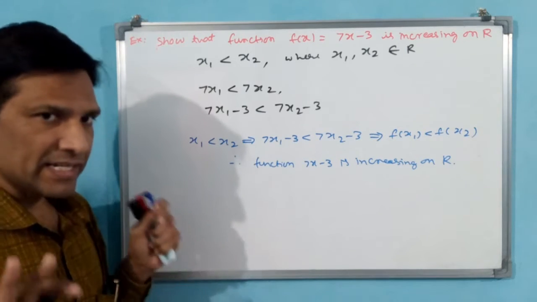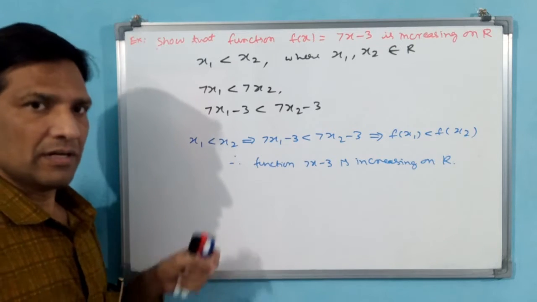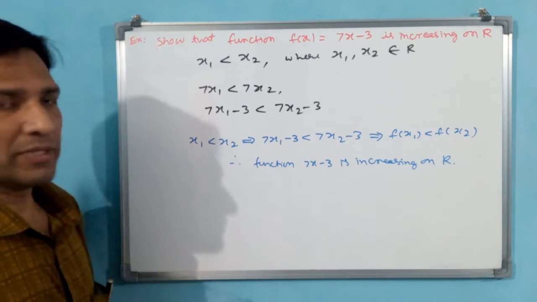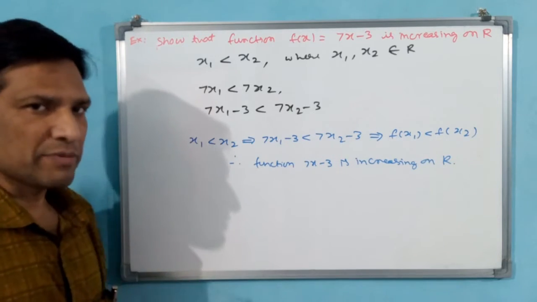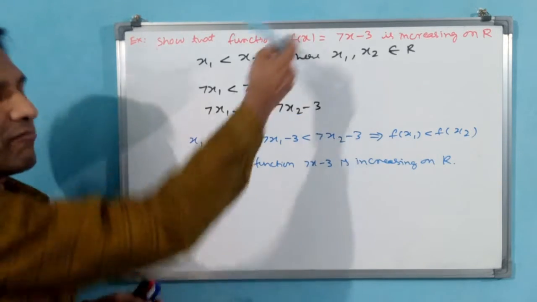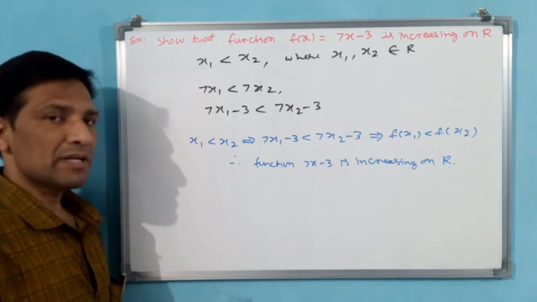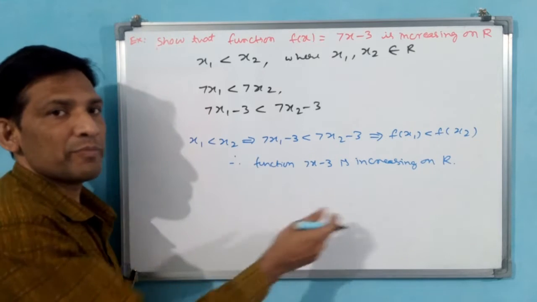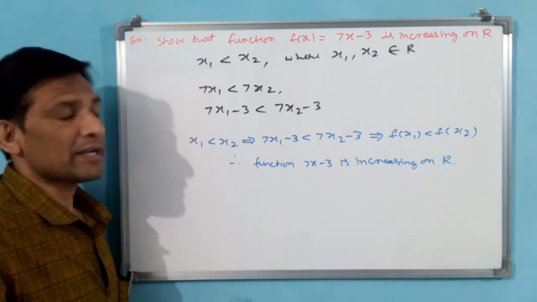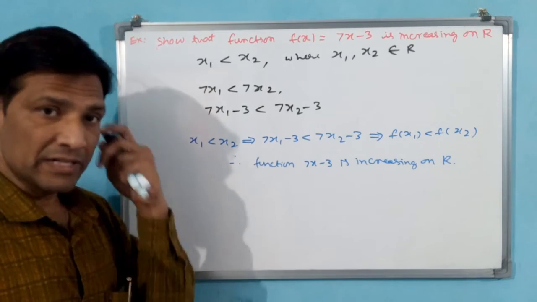But now let us understand the concept a little bit more deeply. As per procedure we have done and proved, and then it has been closed. But let us understand whether it is really an increasing function for all numbers. Why? Because on R means it may be from minus infinity to plus infinity. In all areas it should satisfy this condition. Then only we can say that this is an increasing function.